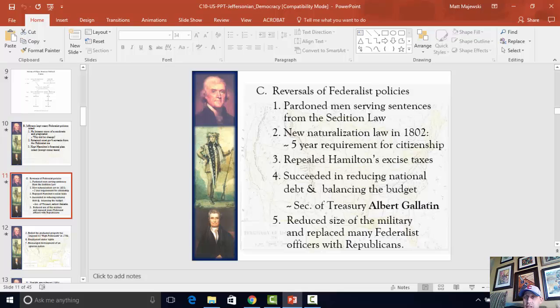He replaced many Federalist officers as well with Democratic Republicans. Look, the military, in particular the Army, was seen as a stronghold of the Federalist Party. It was one of the last areas in our government that the Federalist Party tended to dominate. And so he wants to get rid of a lot of those Federalist officers because he sees them as a group that would actively work against him as president, maybe not listen to his orders or disobey his orders, or enforce his orders, and so he wants to replace them with as many Republicans as he can.